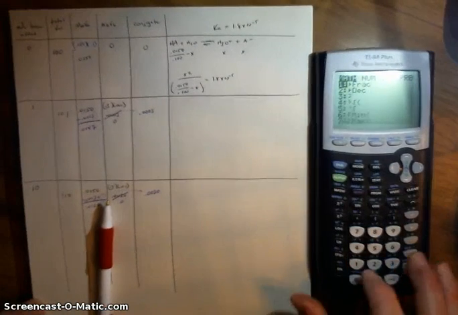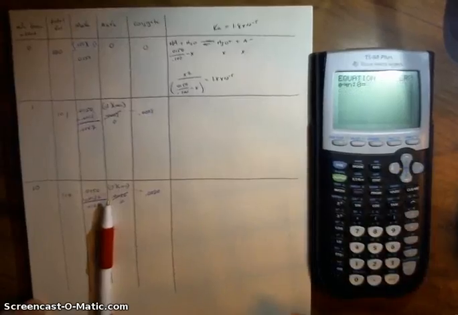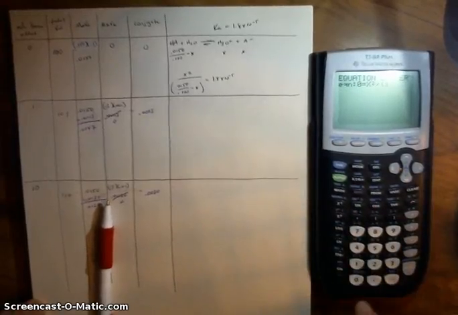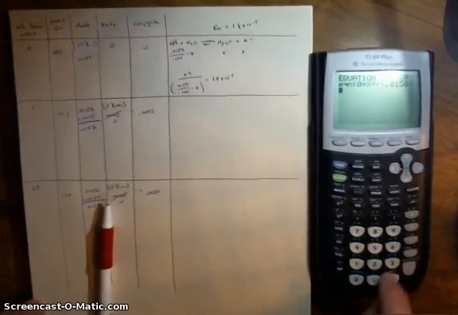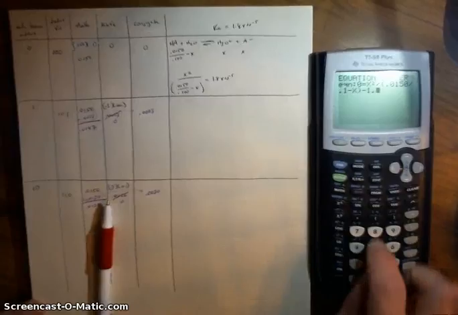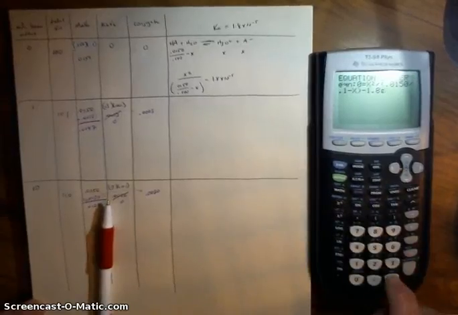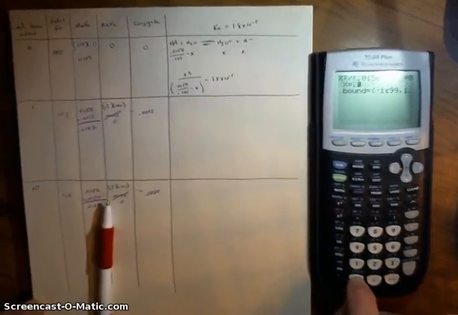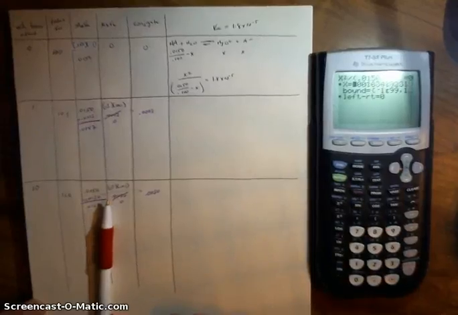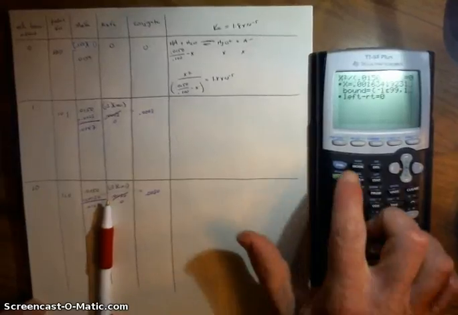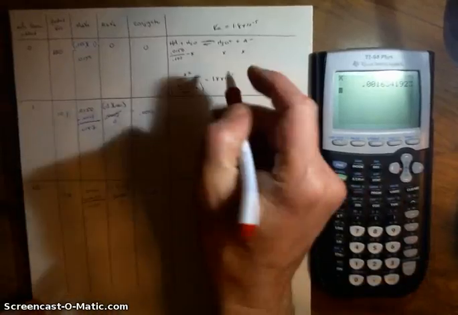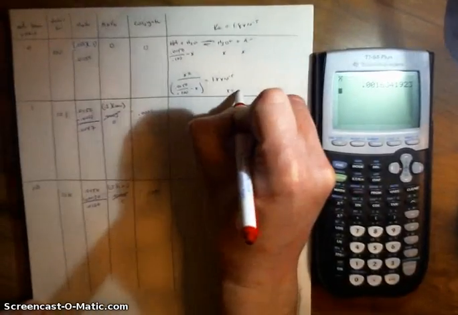So I go math 0, go up, clear what I had in there. So what this is, x squared divided by 0.0150 divided by 0.100 minus x, end the parenthesis, and then subtract the value of Ka. Put in a really small guess, hit solve, and it's 0.00163. Just to be sure, I always get in the habit of exiting out, x enter, so my x here works out to be